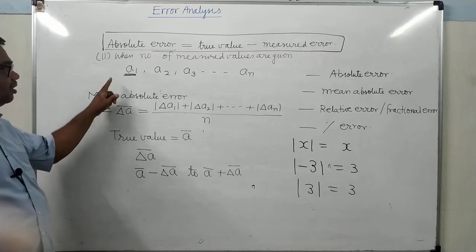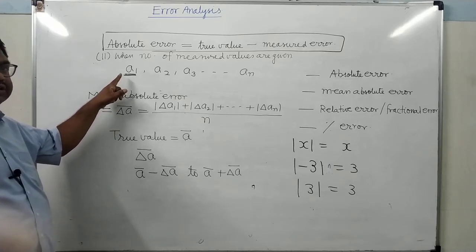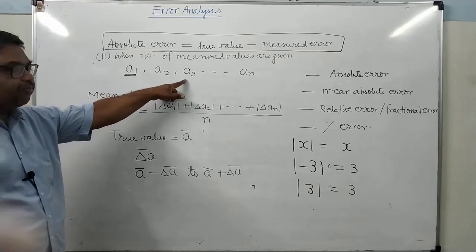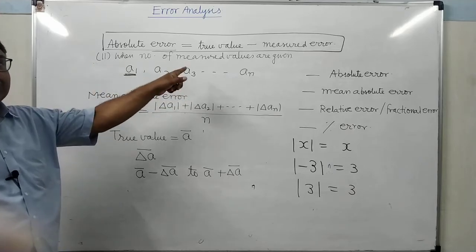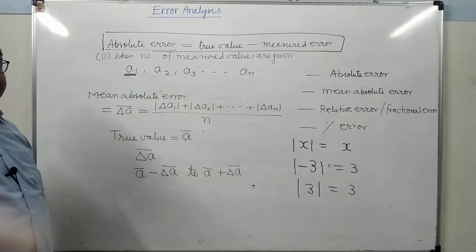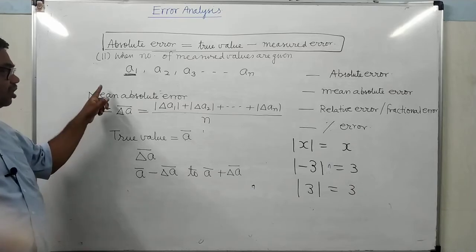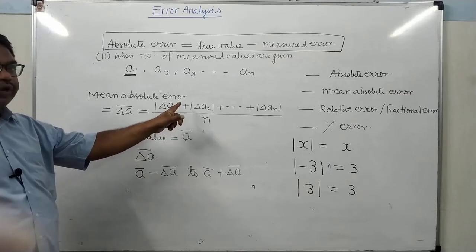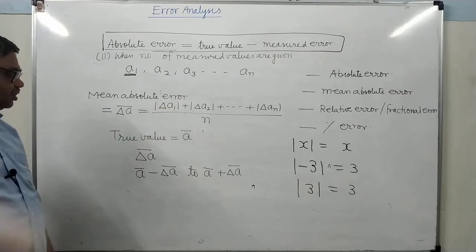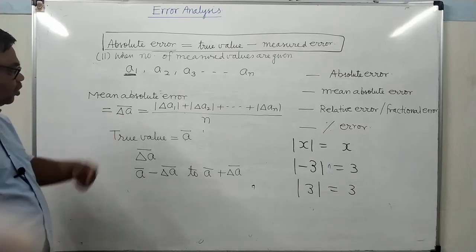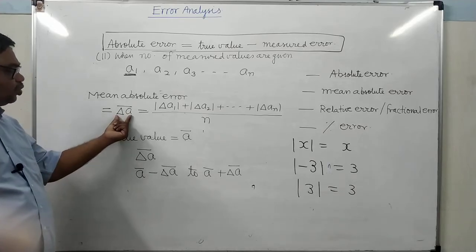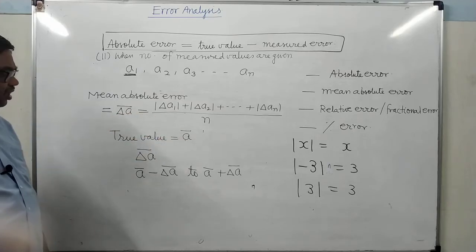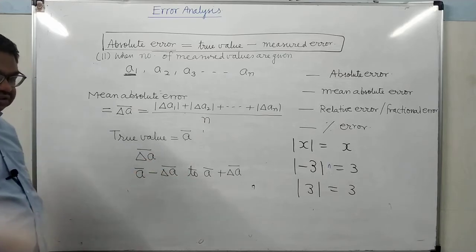Then how will you find the absolute error in each observation? The true value, that is A bar, minus A1, A bar minus A2, A bar minus A3, will be the absolute errors. Now absolute errors may be positive or negative. So in order to determine the mean absolute error, we will take only their positive values and then determine the average. Now if it comes out this, it means there may be a swing of this much in the true value. Is it clear? It means the measured value will lie in between this and this.